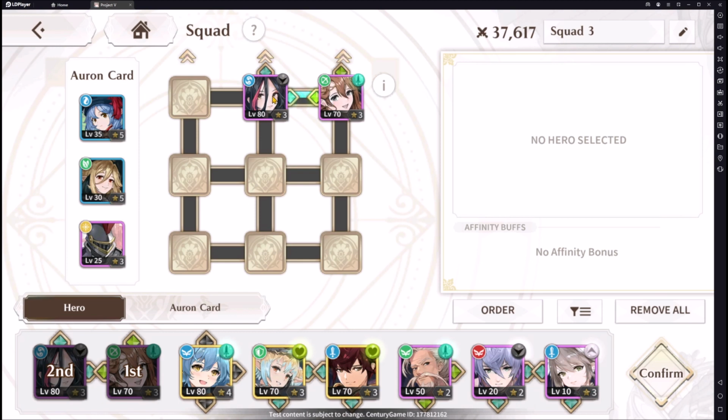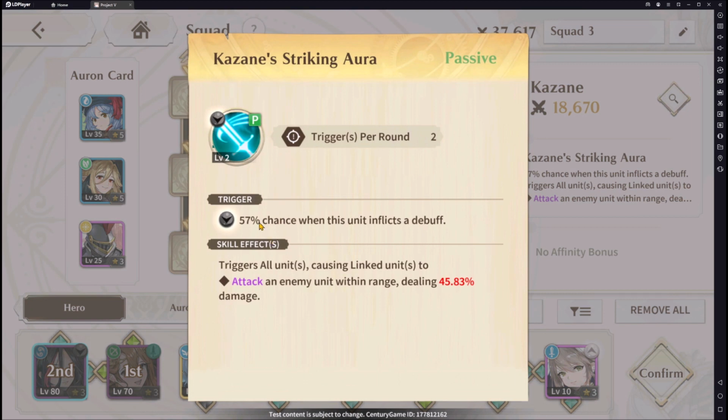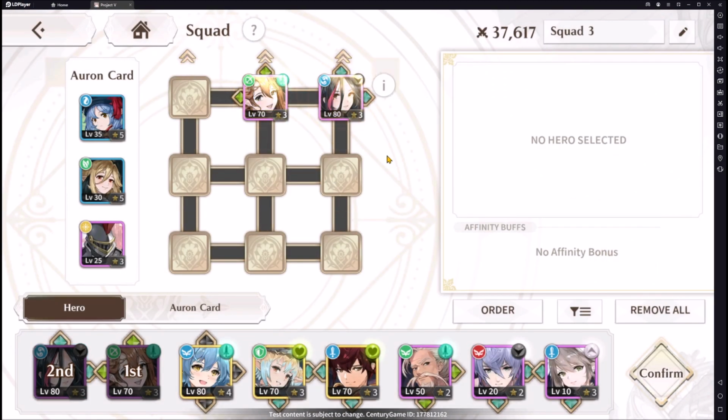Okay, so basically, let's look at Kazane's aura first. There's a 57% chance, when this unit inflicts a debuff, to trigger another unit. Okay, sorry, let's just click this. Yeah, 57% chance when Kazane inflicts a debuff to trigger a unit to attack an enemy unit within range. So let's look at Asteria's